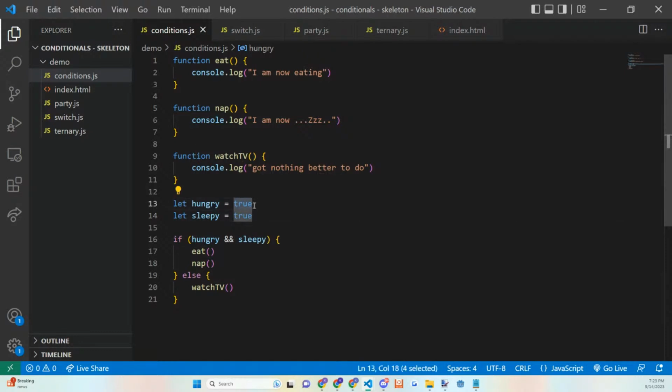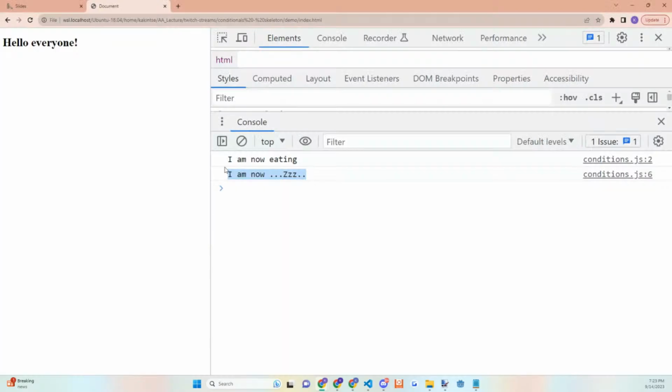Now, this also occurs if we had other truthy values in here, right? Say we had a truthy value like 15 and 20. It doesn't really make sense for what hungry and sleepy is. Maybe you can put some value to how hungry or sleepy you are out of 100, I guess. But these are considered truthy values, right? So if we were to go back to our console, refresh, we see that these are still running.